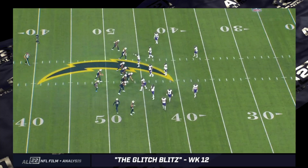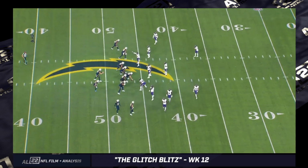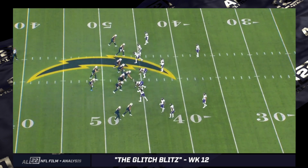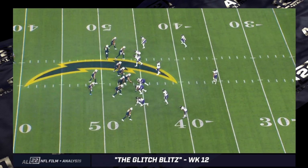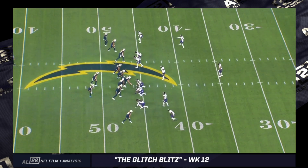This video is going to be a look at Mike Macdonald's gutsy, and some would say crazy, 4th and 6 blitz call with 2 minutes left in the Ravens' 20-10 win over the Chargers in Sunday Night Football. Of course, it resulted in Arthur Maulet getting a free run to the quarterback. I've affectionately called it a glitch blitz here for the purposes of this video, primarily because it is a glitch